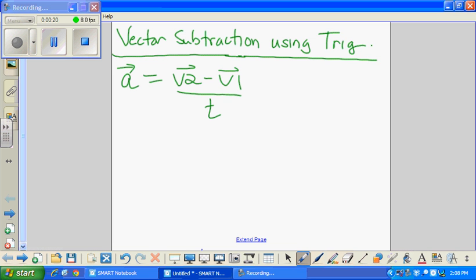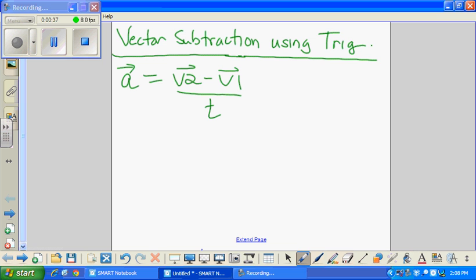Acceleration problems, where you're given time and you're given two velocities that are in different directions at angles. Okay? Yesterday we did that using components, x and y components. And then in today's lesson, we're going to do the same problem with a different approach, which is using trigonometry